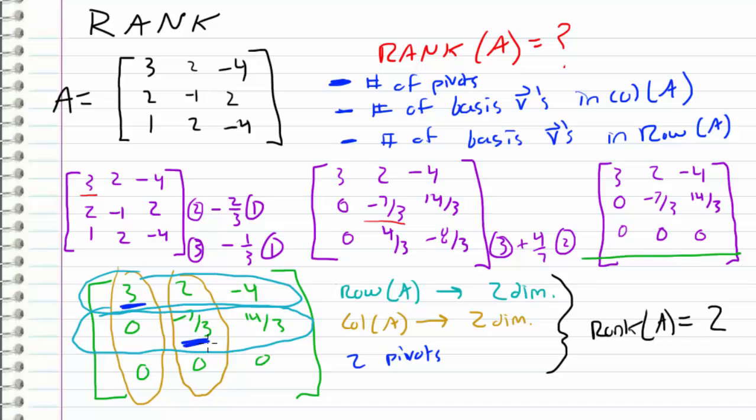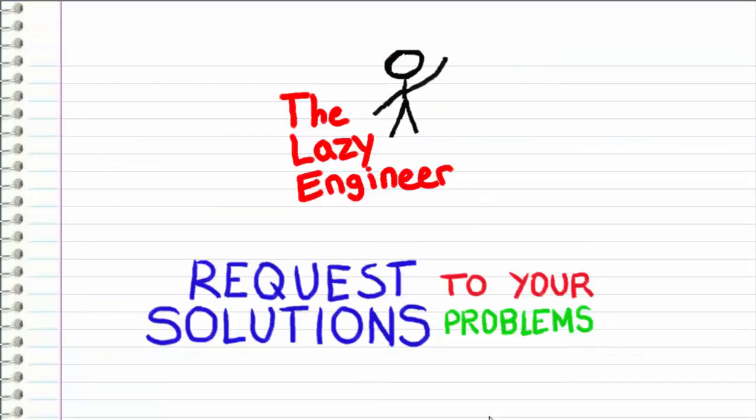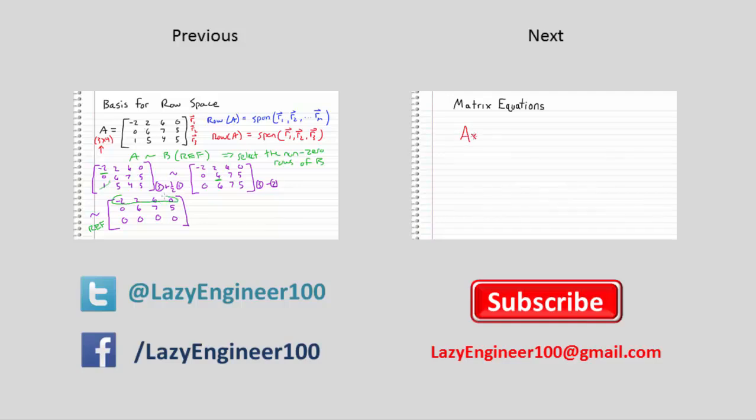And as a consequence of having 2 pivots, the row space is 2-dimensional and the column space is 2-dimensional because we select our basis vectors for the row space and column space from the rows and columns that contain the pivots. So now we can kind of see how the rank of a matrix and its pivots are tied into the dimension of the row space and column space. So rows 1 and rows 2. Row 3 is made up of all zeros, therefore we don't pick